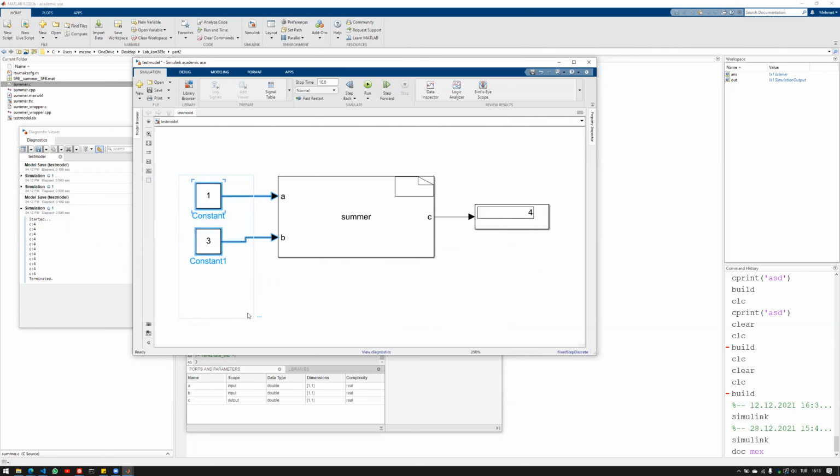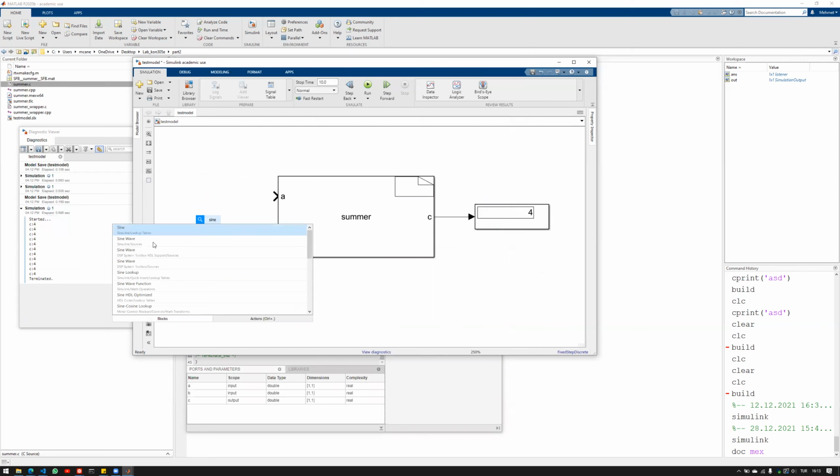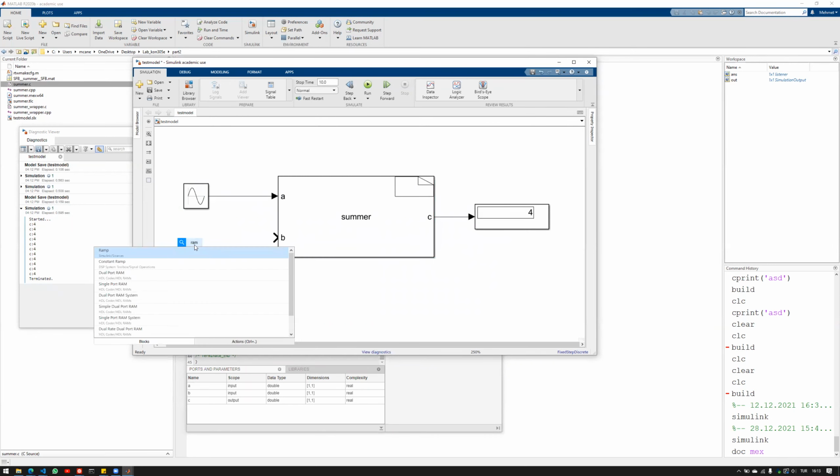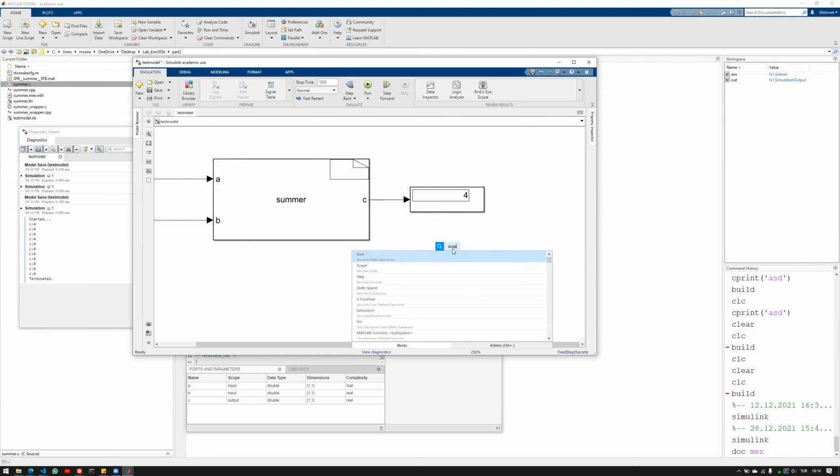So in order to have something like a sine wave, let's have a sine wave. Not the sine function, maybe the sine wave. There we go. We will have the sine wave, and let's add in some ramp. Now the nice thing, let's also have a scope,